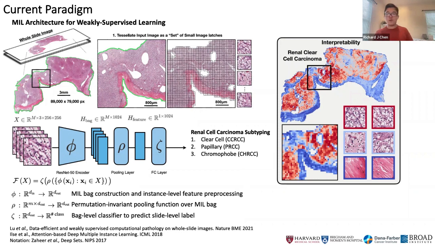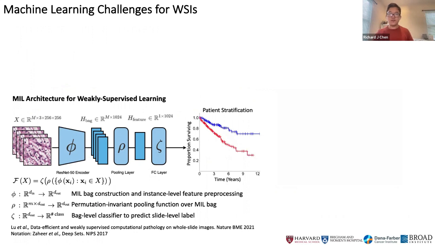This method works well for a lot of classification tasks with easily discernible visual concepts. For example, if you're doing subtyping of a certain disease type, such as clear cell versus papillary, you know that the histological signatures for a clear cell won't appear in papillary and vice versa. So it's very great for easily discernible visual concepts,